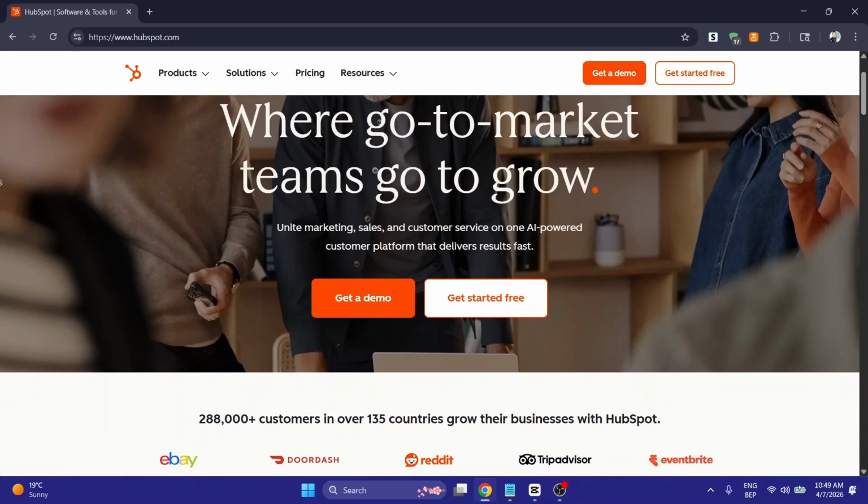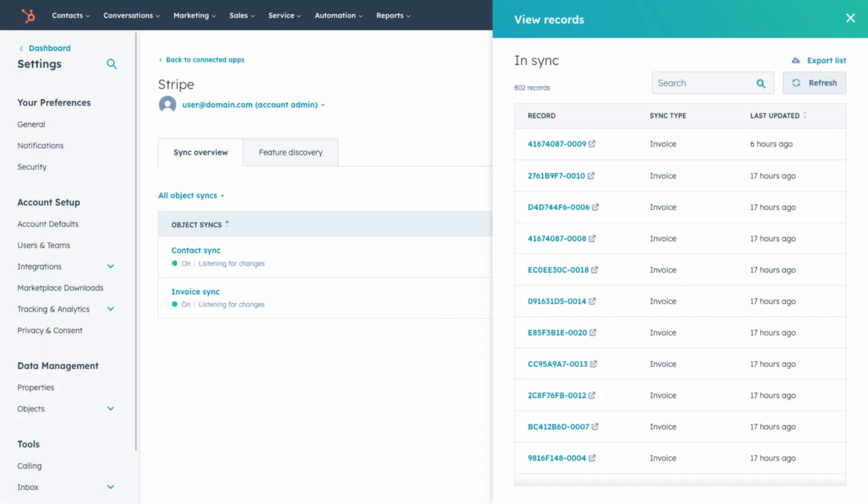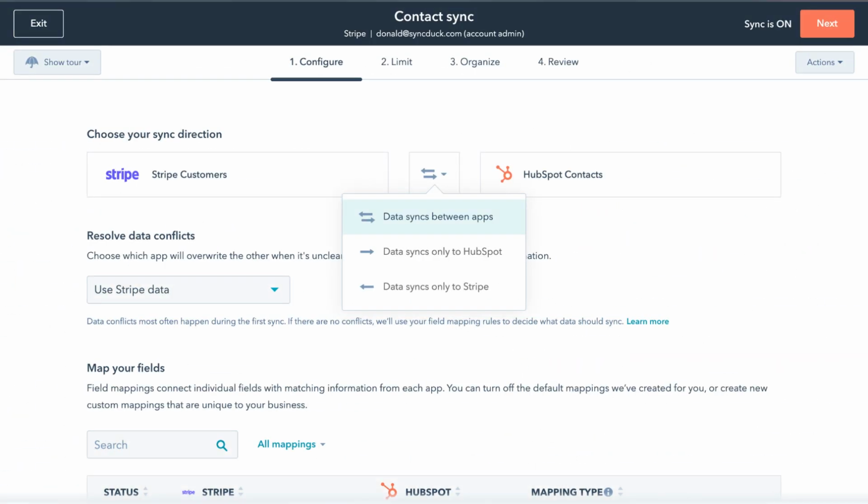First, log into your HubSpot dashboard and click the Marketplace icon up in the top right corner. Then select App Marketplace from the drop-down menu. Use the search bar to find the official Stripe integration and click the orange Install App button. This will redirect you to a secure login page where you just enter your Stripe credentials to authorize the connection